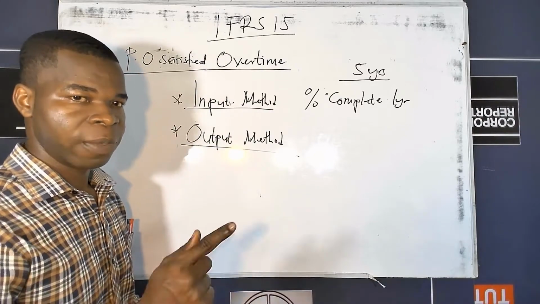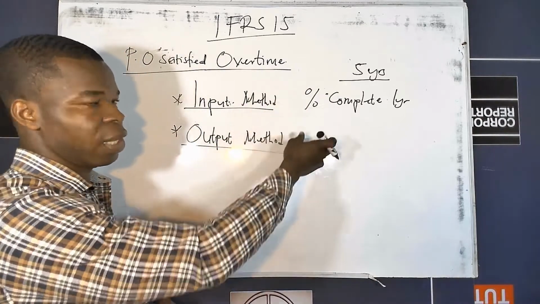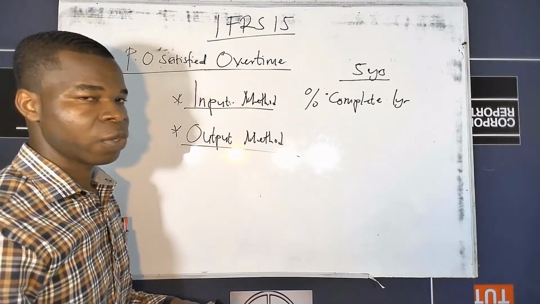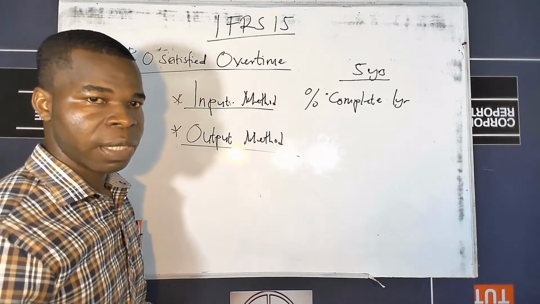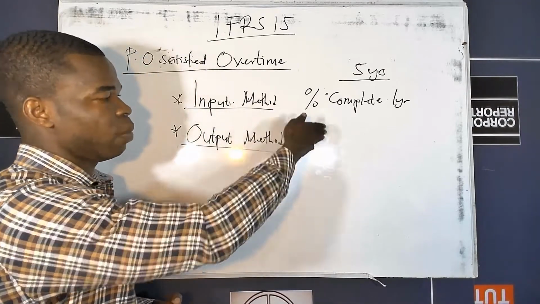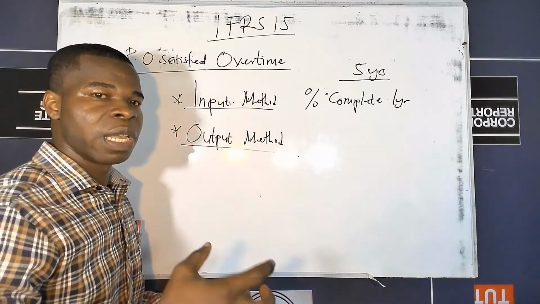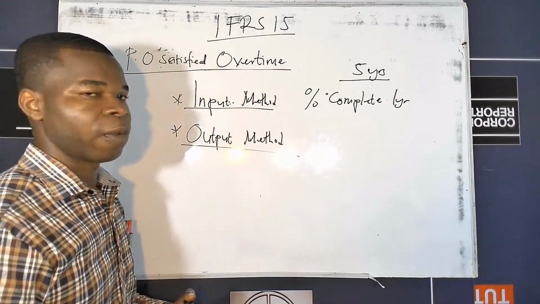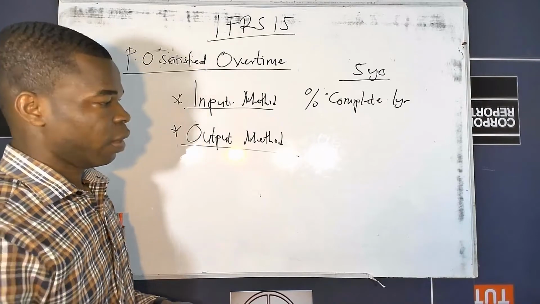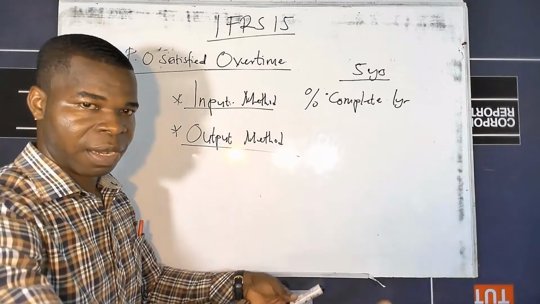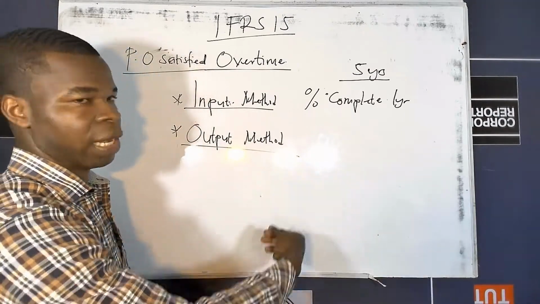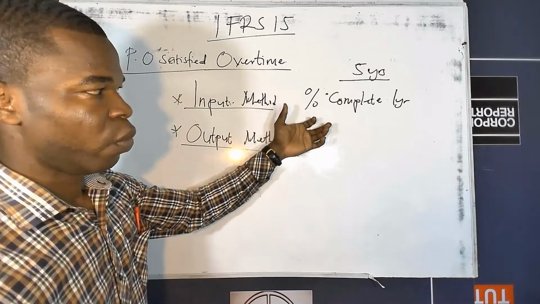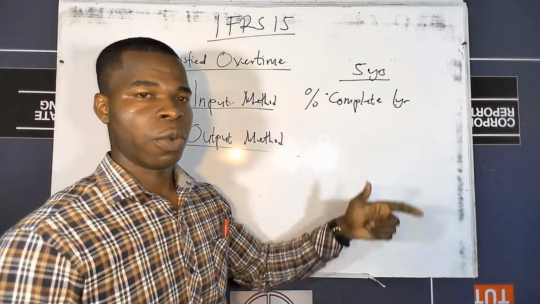But if you are not informed, there are some things that you will see in the question that should inform you that you should use the input method. For instance, if you have cost to date and cost to complete, then you are supposed to use the input method, because we are dealing with what goes into the construction or into satisfying the performance obligation. And with the output method, we are looking at what we have done up to date. So we are going to look at the work certified against our contract price, and that will help you to determine